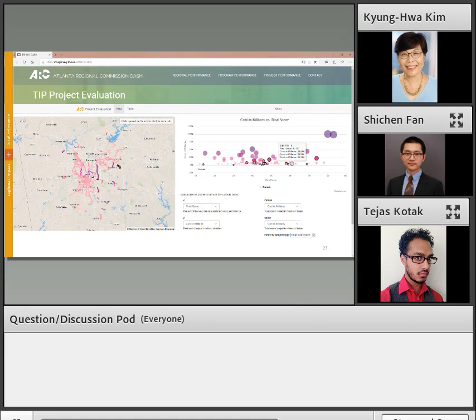A user can set the X, Y axis, the color, and the circle size for the scatter plots to explore the evaluation data. Under this, there is an option to filter by project type that will highlight selected projects in the scatter plots. Like the page currently showing road operation projects, the selected GWITS1 is one of our TSMO projects. We can see its detailed information on the scatter plots.